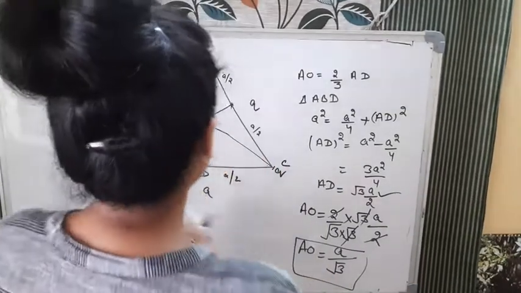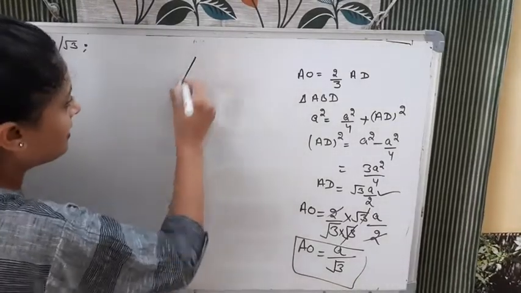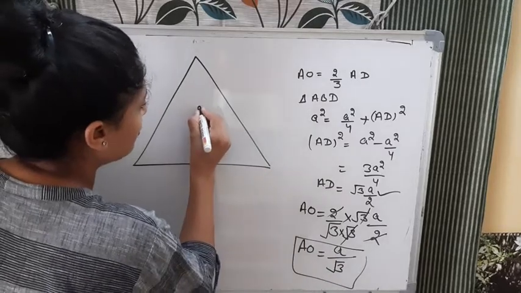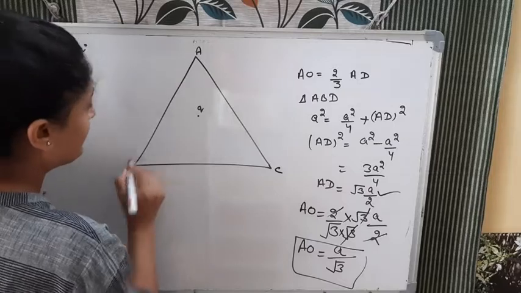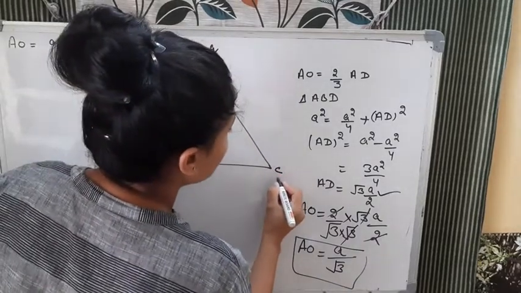I'll make this diagram a little neat and clean now. See, distance हम लोगों ने find out कर लिया है. Now I'm talking about the force. So force के लिए this is center Q here, this point C, this point A, this point B. At A, B, C, at all the three vertices, what is the charge? Q.